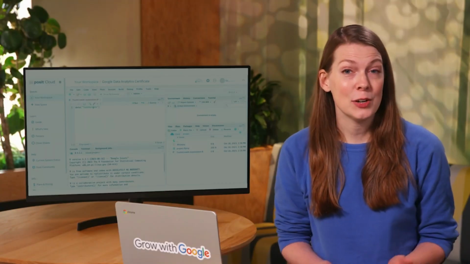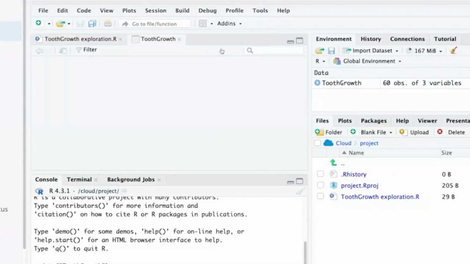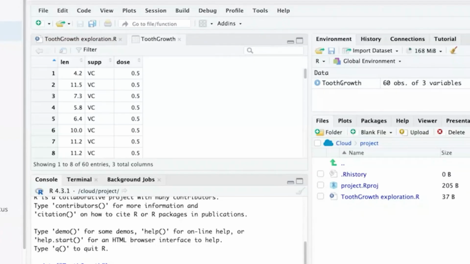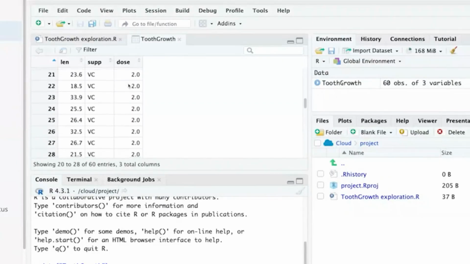Now that the data is loaded, we can check it out with the view function. Notice how view begins with the capital V. It's a good reminder that functions and variables are case-sensitive in R. In a script, we use the Run button to run our code. The return usually shows up in the console, but with view, a new tab appears in the script showing the